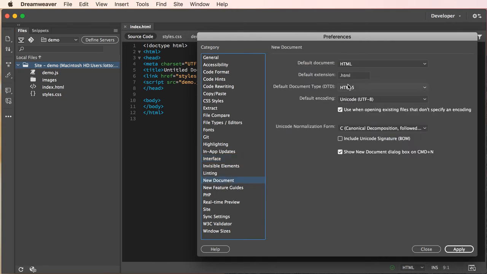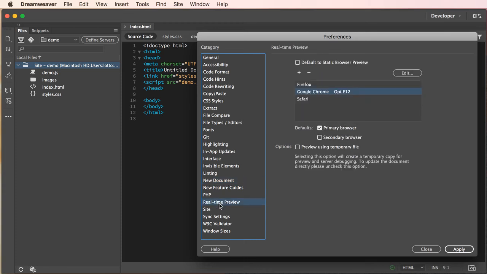So we know we are creating, and it's a good idea just to make sure that you have this set to HTML5, okay. All right, so go ahead and explore. The only other one I might point out here is your real-time preview, where you can load different web browsers, and then you can select which is a primary or a secondary for your browser preview. So as an example, I tend to use Google Chrome as the primary, but you can load your other browsers to also test. So we're going to go ahead and click Apply,